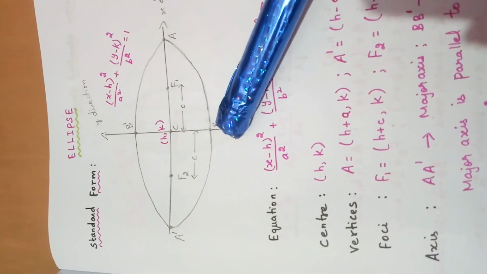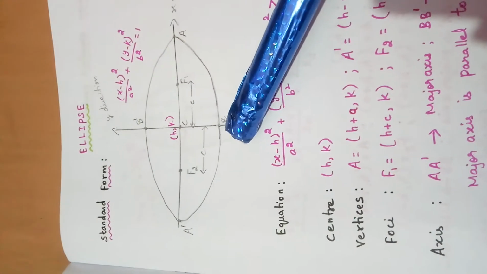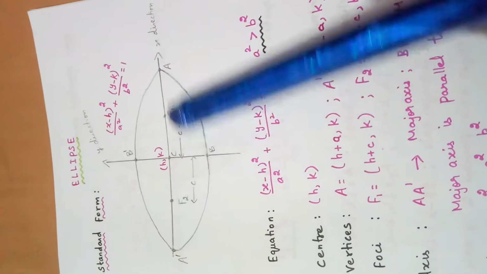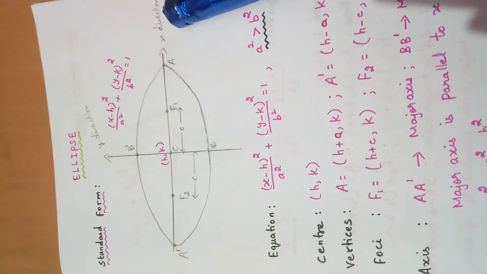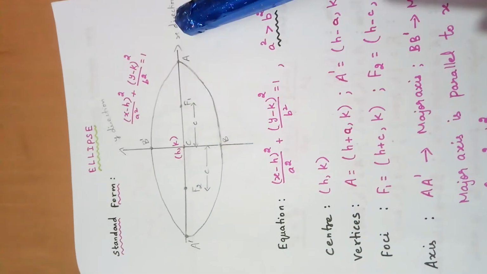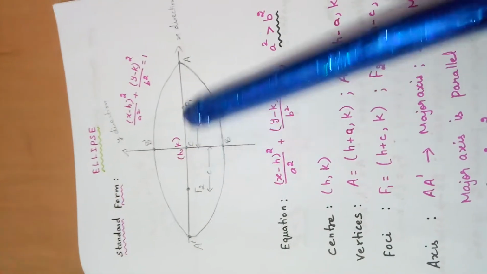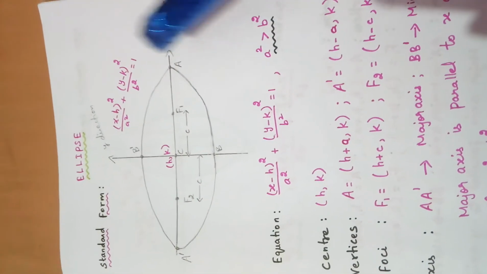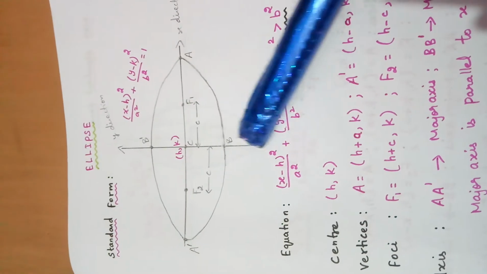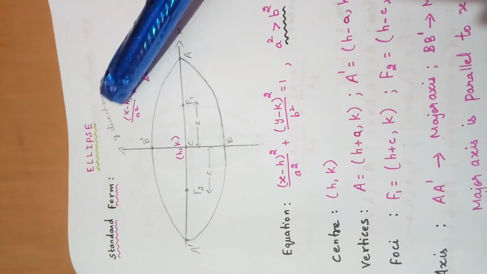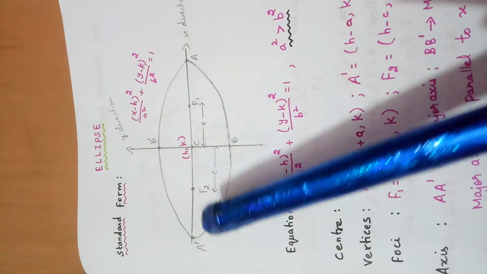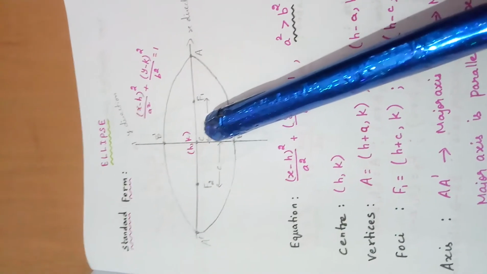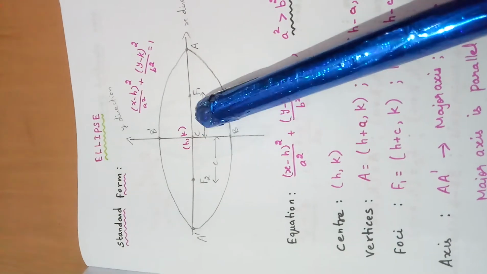This is the diagram of ellipse, and if you see, this is called x direction. I'm not telling x axis. This is called x direction. It may be x axis or it may be parallel to x axis. So generally it is called x direction. Similarly, this is called y direction. This line is called y direction, and where the x direction and y direction meet is called the center of the ellipse. I have written C in pencil here, which means center.